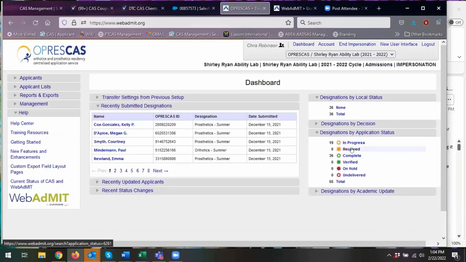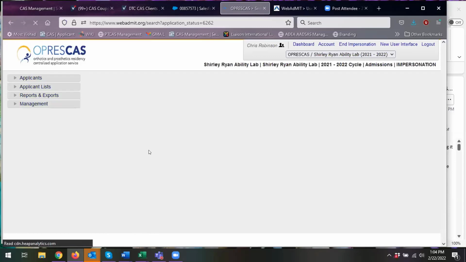The next status is received. These are applicants who have completed the application. If you checked that box in the letters of evaluation section, it's going to be looking for those letters. If not, you really won't see any of them received. So if you're not requiring those letters, it's basically going to be in progress if they haven't submitted, complete if they have submitted. So if we click here,